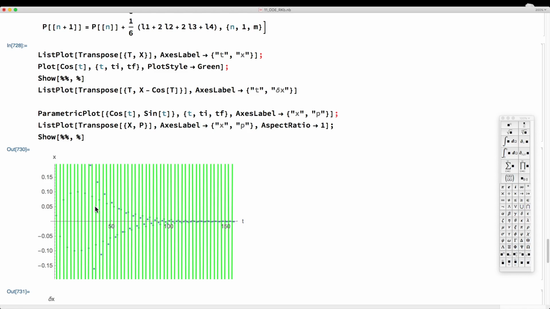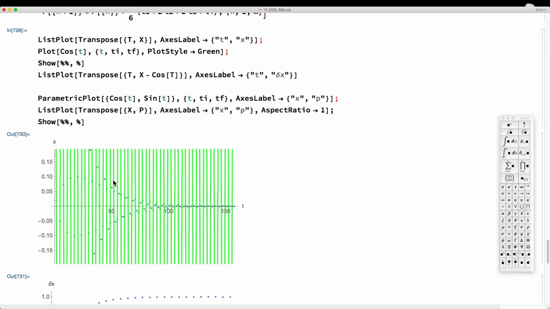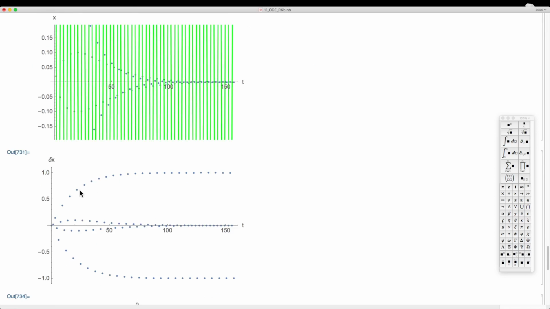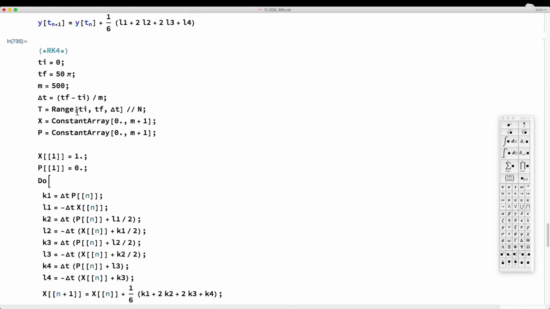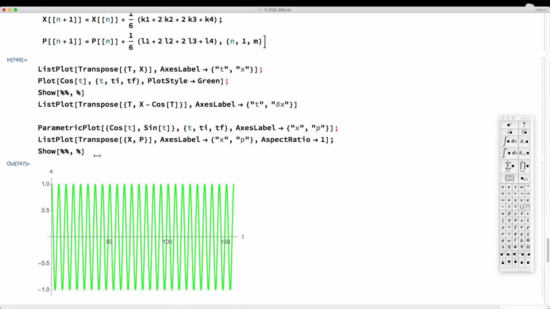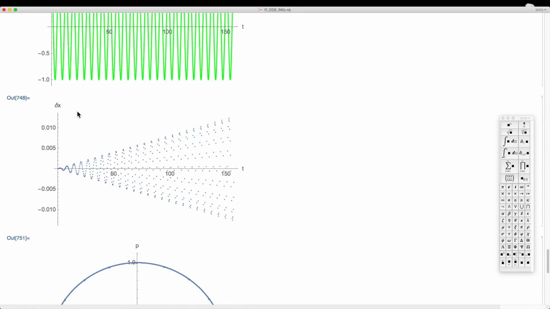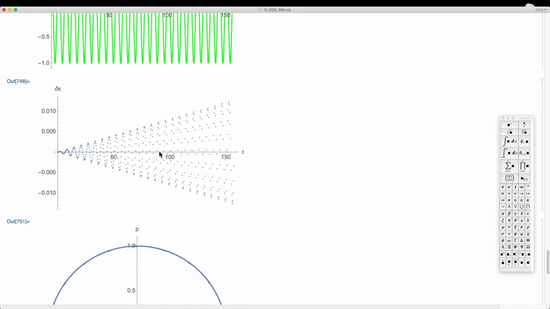But for now, let's just keep in mind that if you see instability like that, you have to reduce your time step. Okay, and so let's go back and do that. So let's use more time steps, and then the solutions overlap, and there's no longer instability,